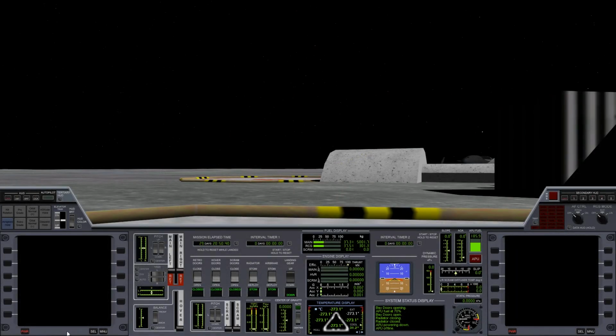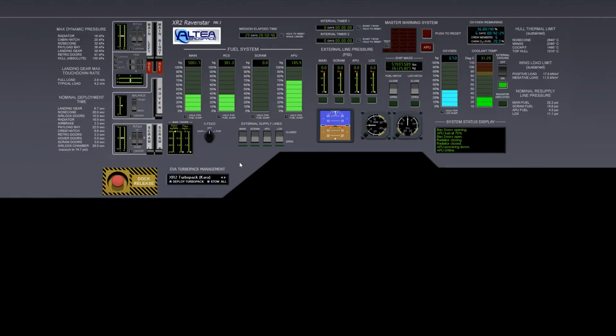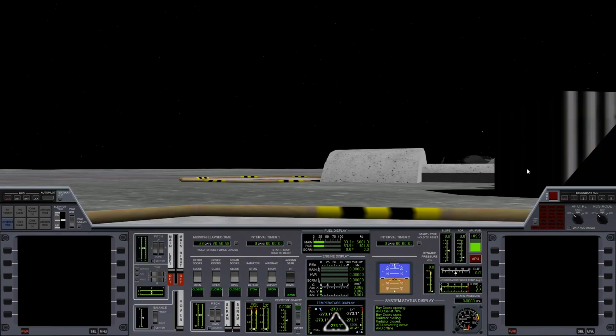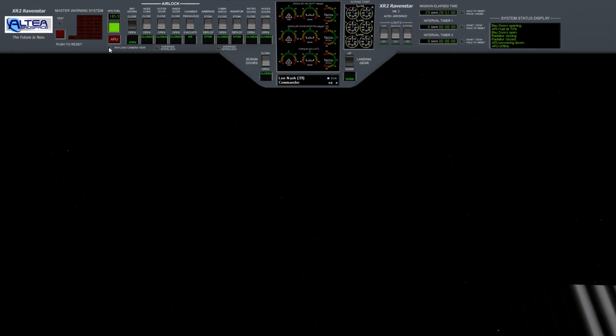Alright, here we are in the XR2 on the surface of the moon at Brighton Beach. What we need to do now is go ahead and plan our flight back to the Earth. In order to save time, I went ahead and filled the vessel up with enough fuel for the flight. We're not going to need as much getting back, but we also topped everything off in the LOX tanks to 6 days of LOX for our crew members.